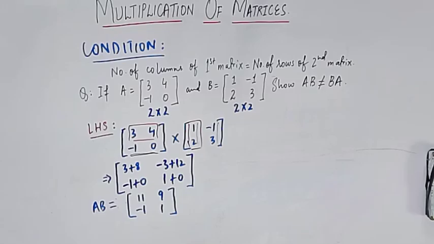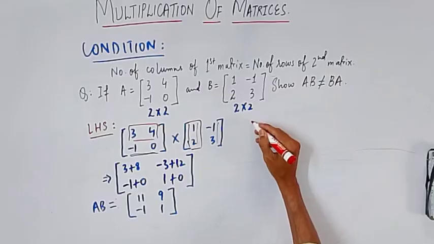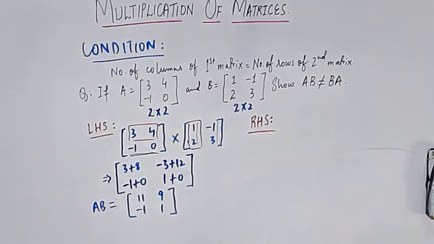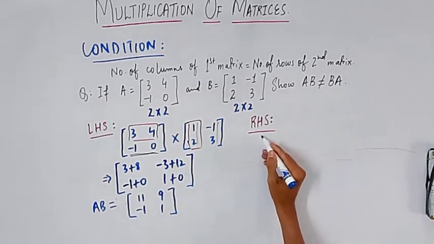Now we will check the right hand side, and it is written "show that", so it means that they must not come equal to each other. You will get the idea of it in the first element, but maybe if the first element is the same, other elements could be different, so it depends. Now if you look at the right hand side, according to it we need to multiply B by A. So it is very important to see the order. It is not written A multiplied by B, it is written B multiplied by A. So we will write B first.